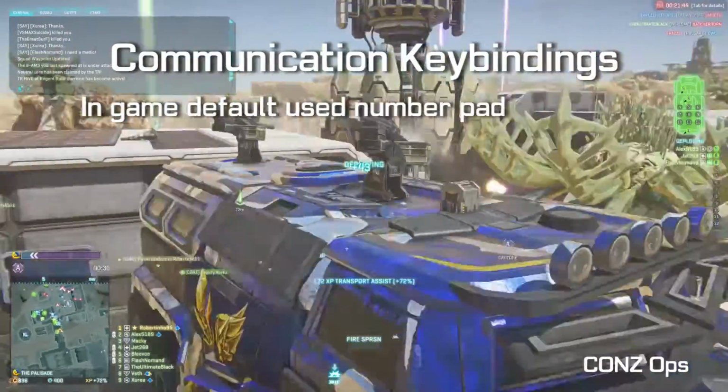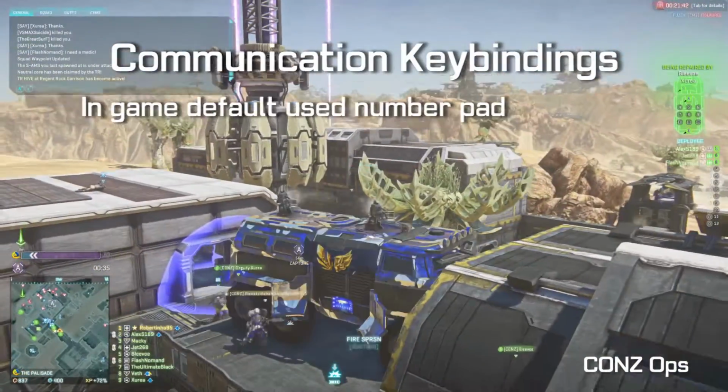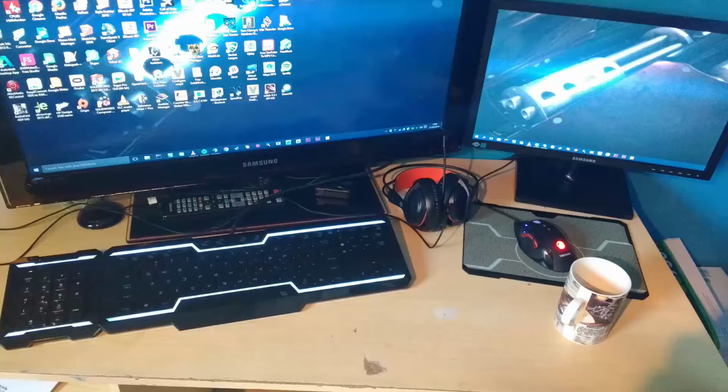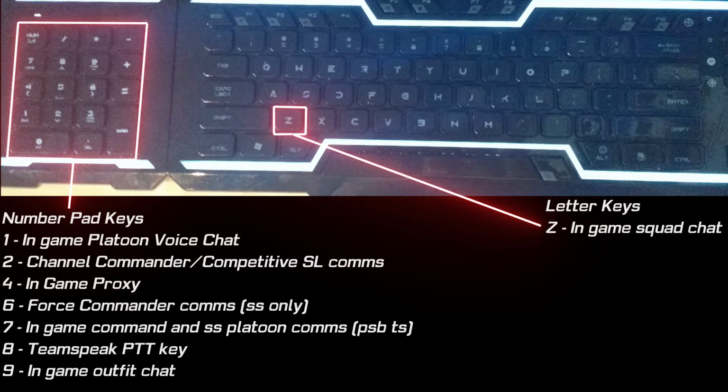It's going to be just a couple of pictures and in-game screenshots, because it's probably the easiest way I can do this. What I've got here is a picture of my setup. The key thing here is that all of my communications keys, apart from one, which is the Z key for in-game squad chat, are mapped to my